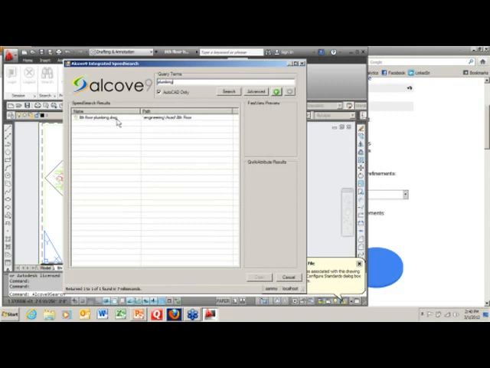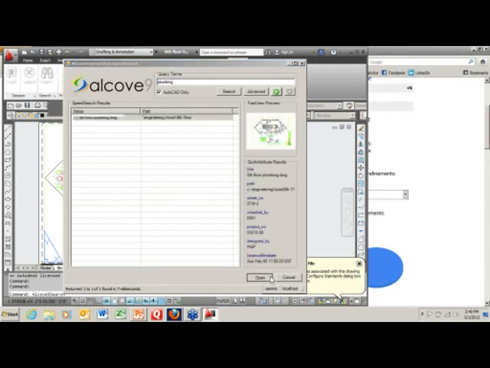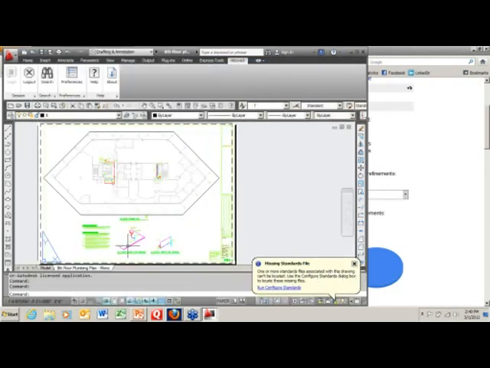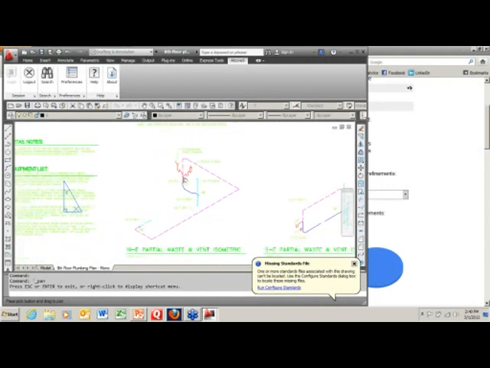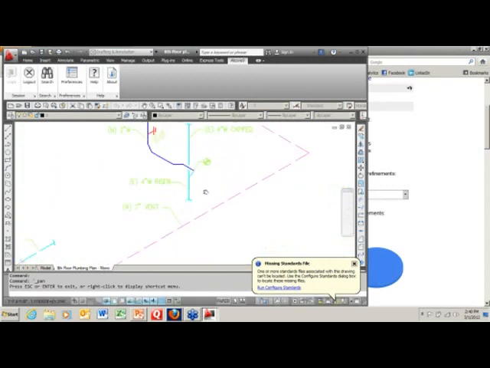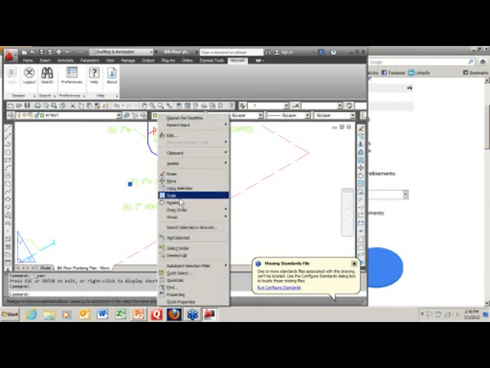This is the plumbing drawing that I was referring to earlier. If I look at this particular detail in here, you can see there is a text in here that talks about the 4-inch wide riser. If you go in and select that text, you can actually hit the right mouse button